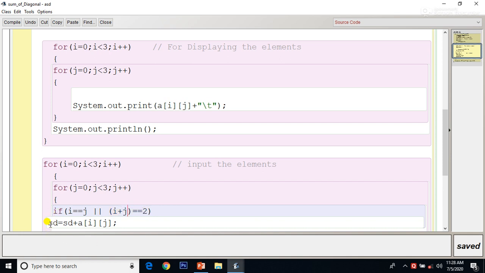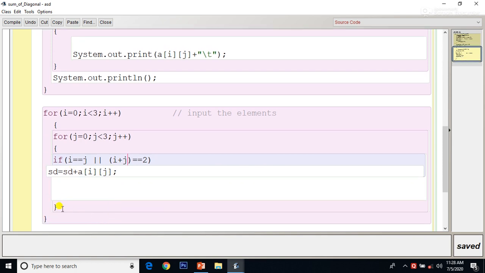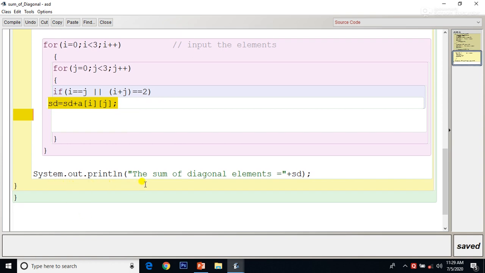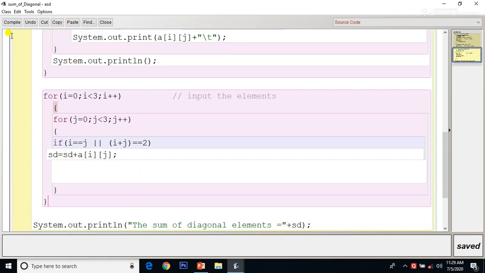In such a case sd equals sd plus a of i of j. Now this is the closing of the inner loop, and this is the closing of the outer loop. After that I will print this value. Let's see. System.out.println, the sum of diagonal elements equals, and the value of sd. So this is the way of doing the problem.